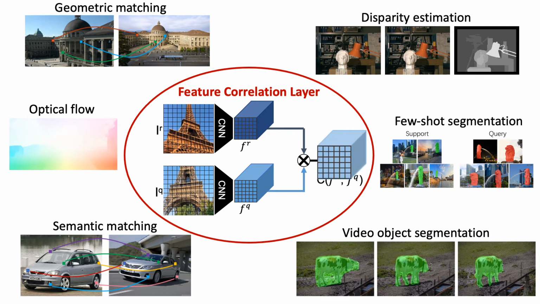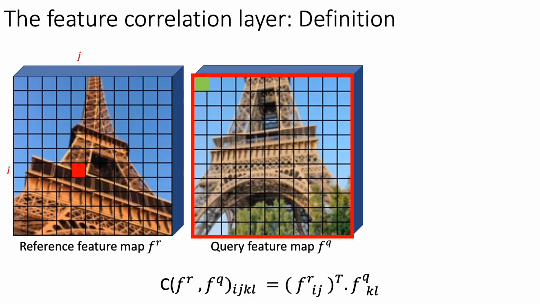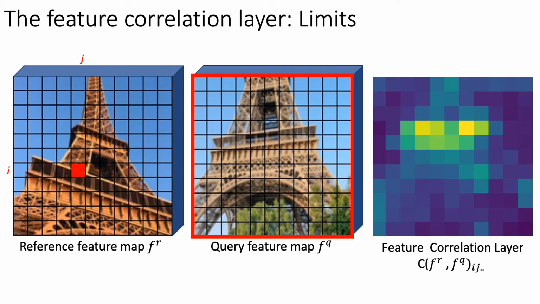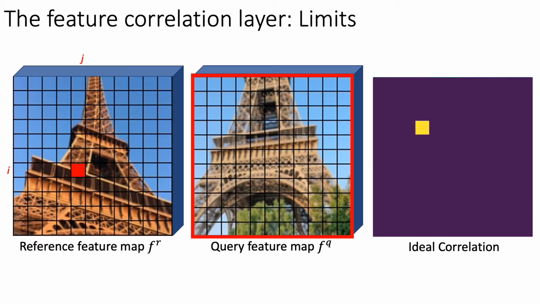a correspondence volume. It evaluates pairwise similarities between two feature maps by taking the scalar product between the corresponding pairs of vectors. However, the feature correlation layer produces an inaccurate matching confidence map with multiple high matching confidence values. Indeed, the ideal correlation looks like this, with a single high confidence value at the location of the matching pixel